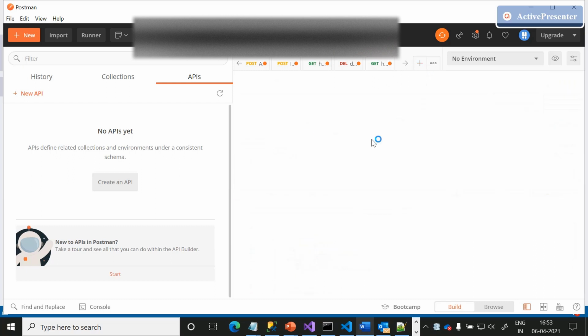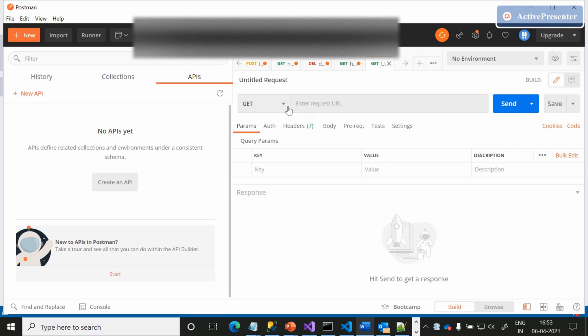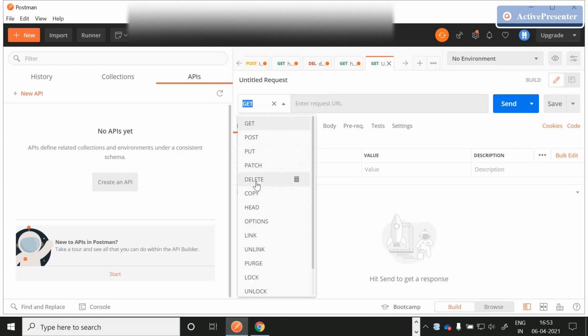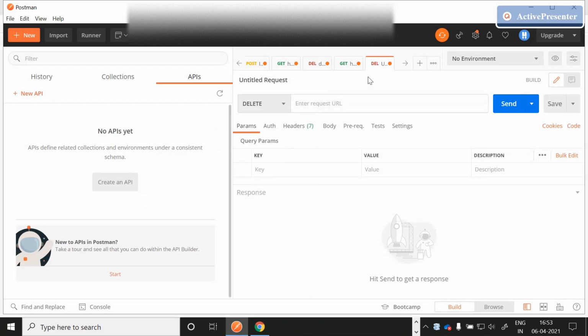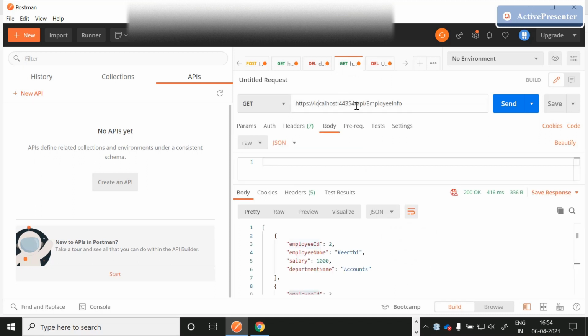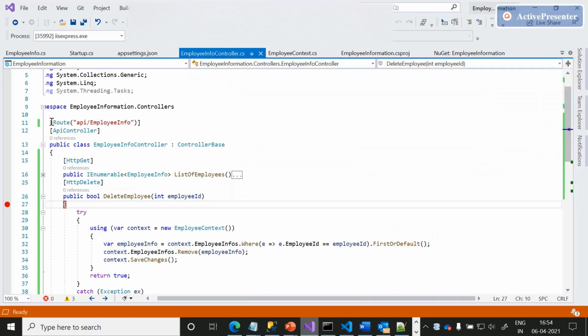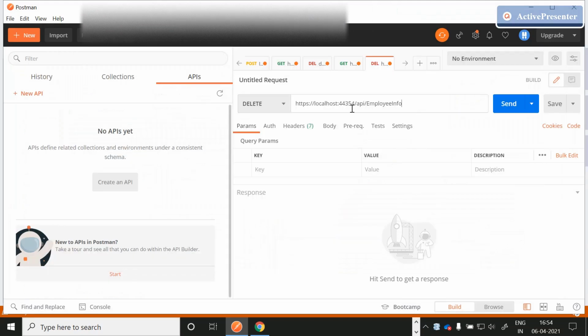Let me click this plus icon so that it returns one more wizard to test a new request. Now we are trying to test the delete request. Just select the delete request, and the base URI is common for all, and the endpoint is also common for other operations, because we didn't modify anything on that. We didn't set any attribute heading because it's a global attribute heading we decorated on top of our endpoint. That's the reason I'm using the same base URI.